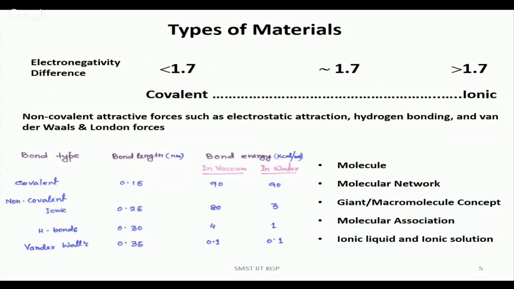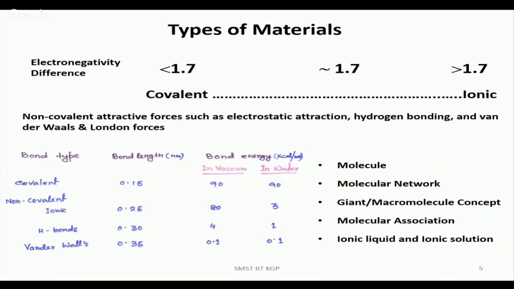So I think we know the materials have mostly two types of bonding. One is called covalent bonding, another is ionic bonding. As we know, the electronegativity difference is a major driving force for these different types of bonding. So can you tell me a perfect covalent bond in a material? A perfect covalent bond in a material? Any material,